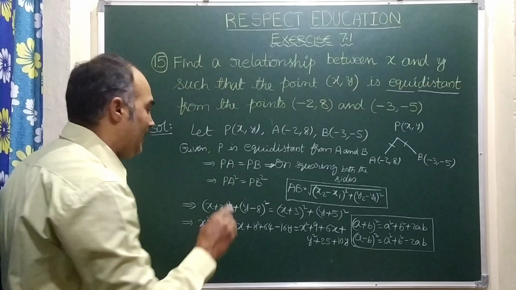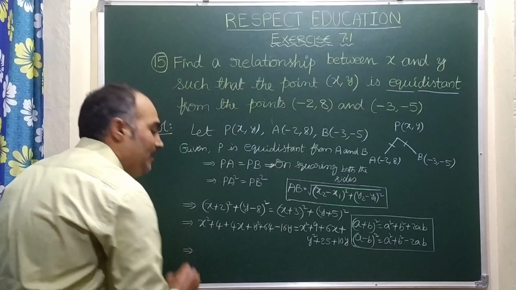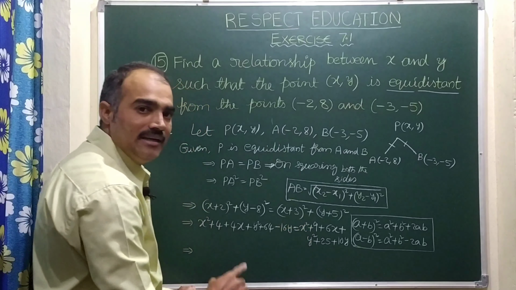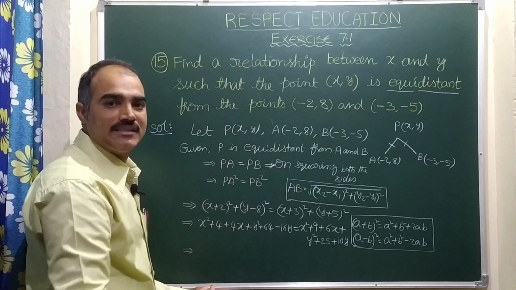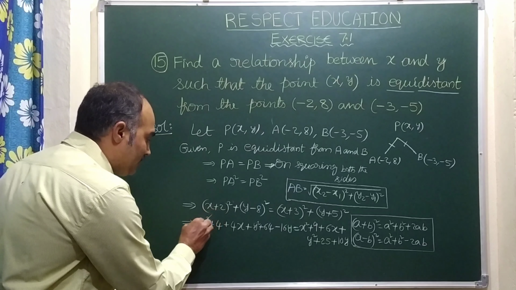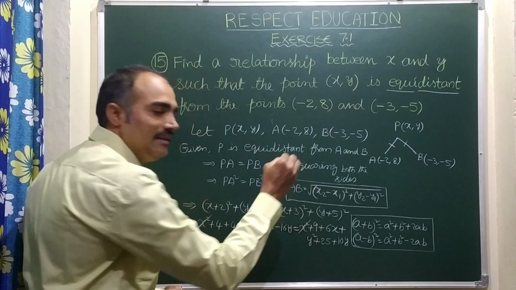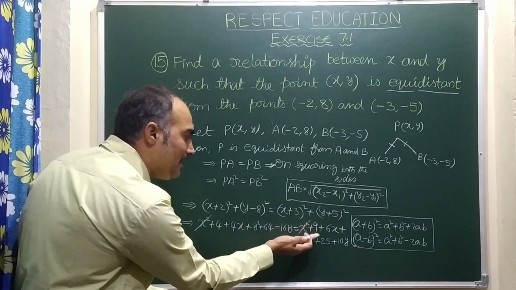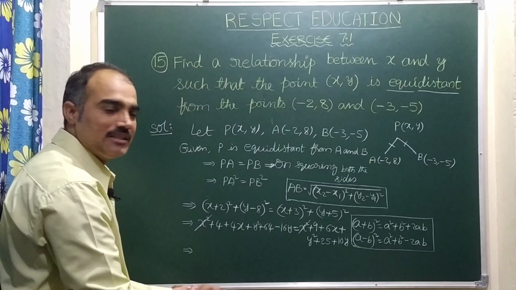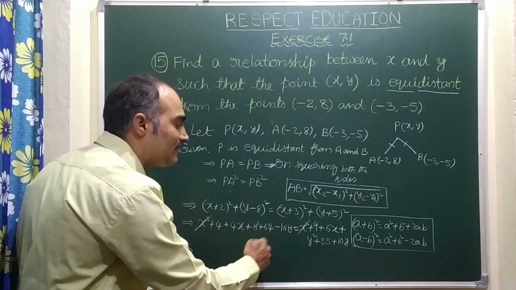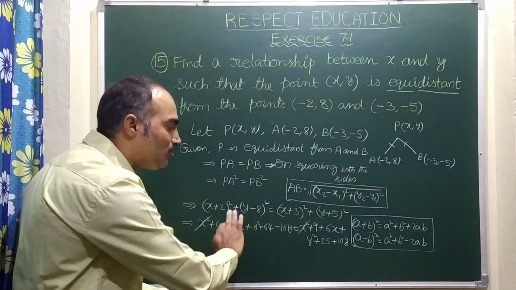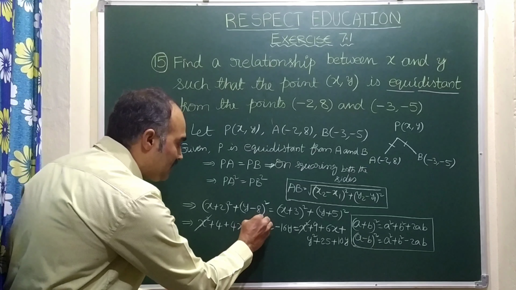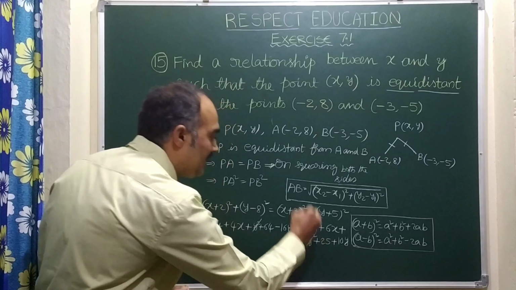Now let us simplify. Here you see, whenever we have an equal to sign, similar terms can be cancelled. See here, positive x square on both sides gets cancelled. For example, if you do not cancel here, you bring the x square to this side, it becomes negative x square. So then also positive x square and negative x square get cancelled. If we cancel now, the problem will be easier to solve. So here this is plus y square, this also plus y square, they get cancelled.